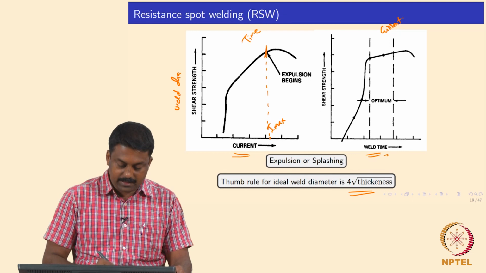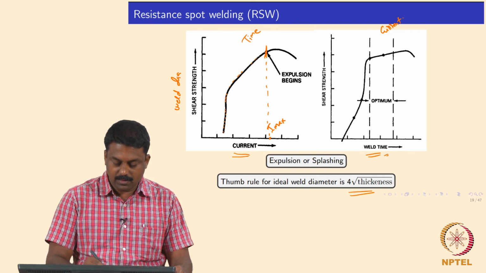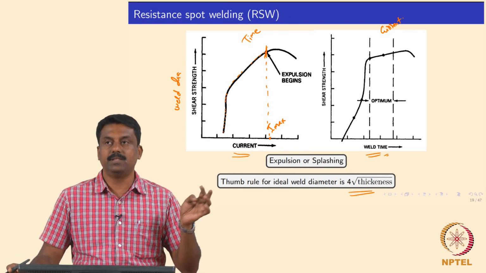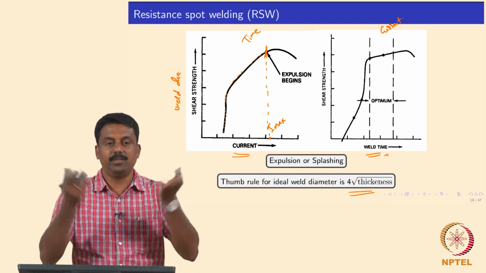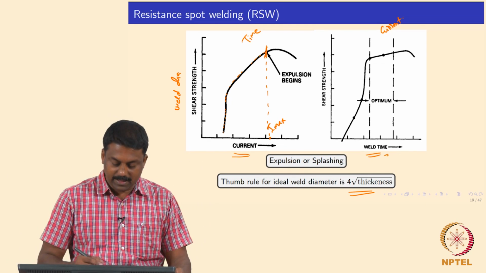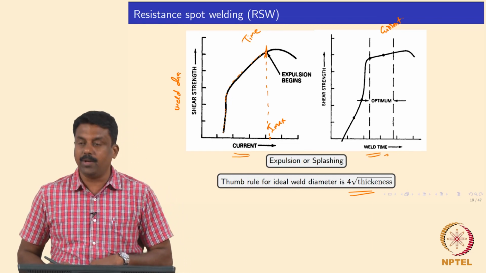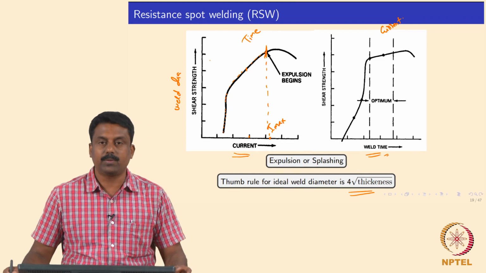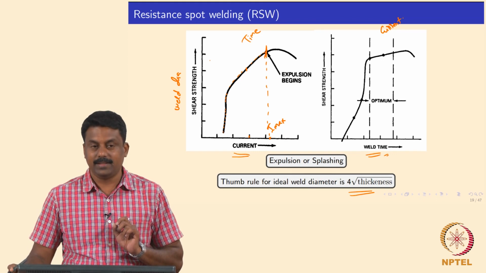Now, we can generate such growth curves where you change the current for a given time and measure the weld nugget diameter. Okay. So once it becomes I max, you start expelling the liquid which is there in between the welding electrodes, and then the strength decreases because you will have a cavity, the liquid is going out. Okay. So that is the I max that you have, and you can identify it. Now suppose you want to get 4 square root of thickness, you can identify, say, this current would give me the diameter of 4 square root of thickness. Okay. And this is to identify the current required.